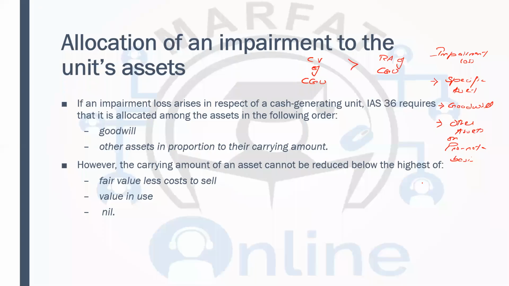So what you have to do is calculate the impairment loss by comparing the carrying value of the CGU with the recoverable amount of the CGU. If there is any impairment, first of all, charge it to the specific asset, then goodwill, and then other assets on a pro rata basis. And remember one thing, take a note that assets which are